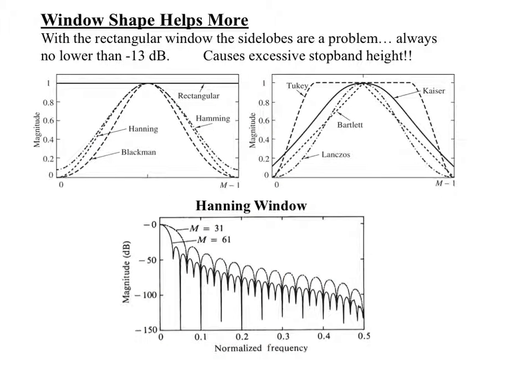So here are a bunch of different windows, some of which we talked about back when we were doing DFT. Two of them here are ones that you've not heard the names of before during that discussion. So we've got the Hamming, we've got the Hanning, the Blackman, Kaiser, Bartlett. Those are all ones that you've seen before. A couple new ones are the Tukey and the Lanczos. So just in passing, Tukey